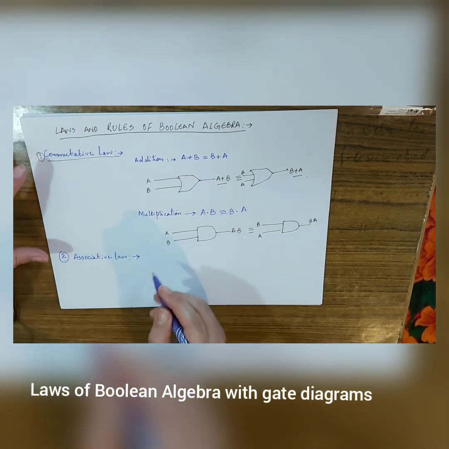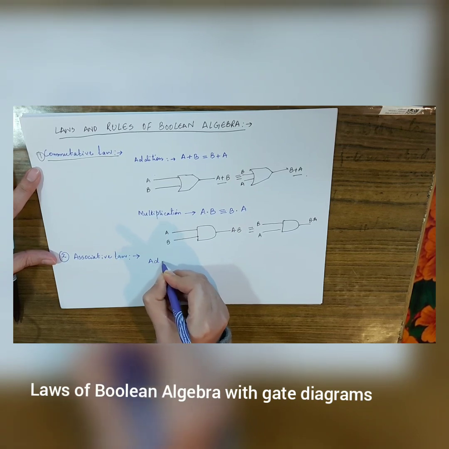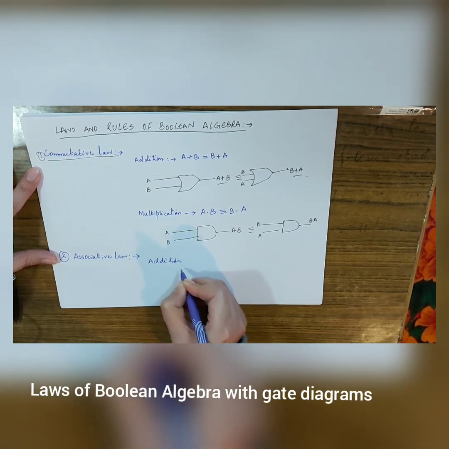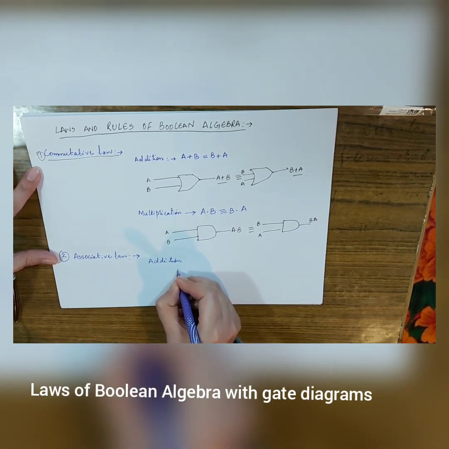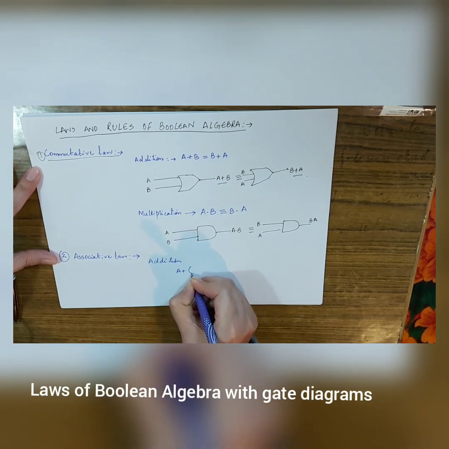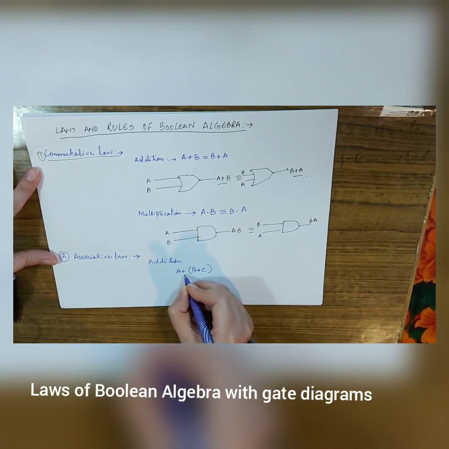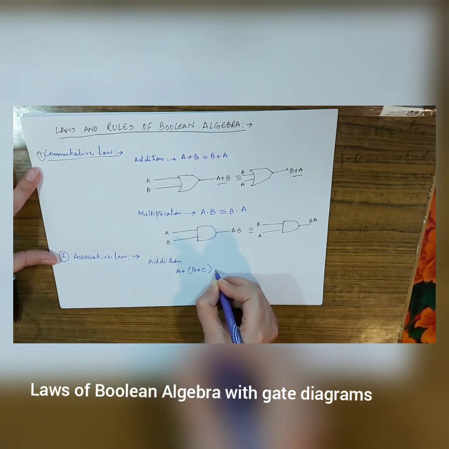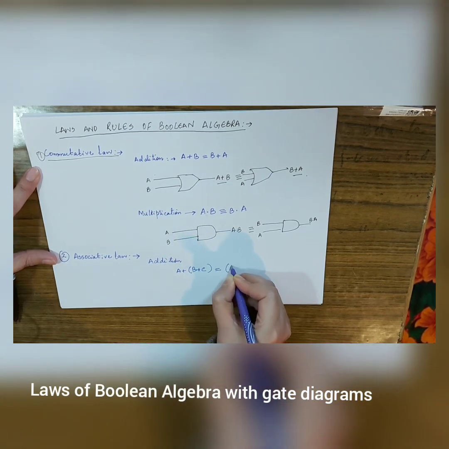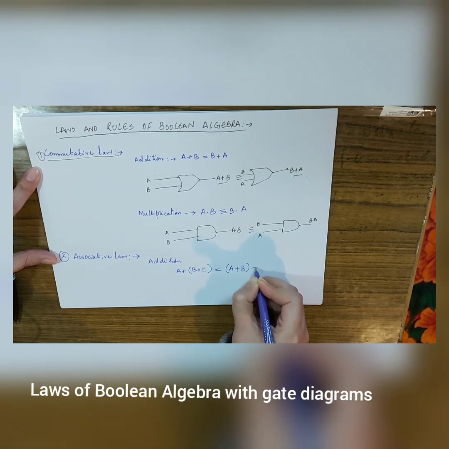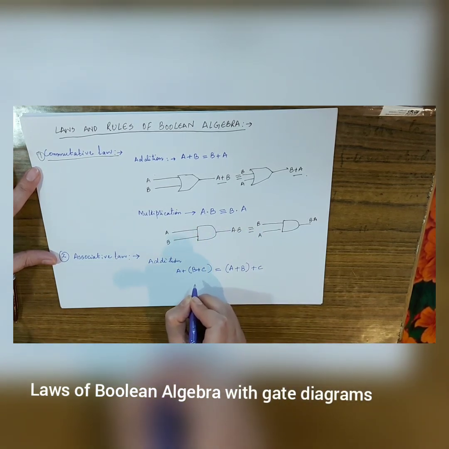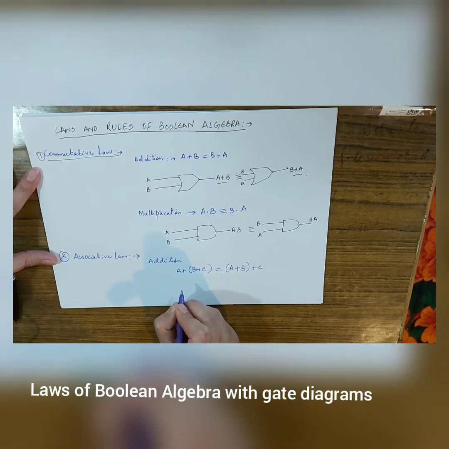The associative law for addition is written as A plus, in the bracket, B plus C. That means A or B or C will be equivalent to A or B or C. It states that when ORing more than two variables, the result is the same regardless of the grouping